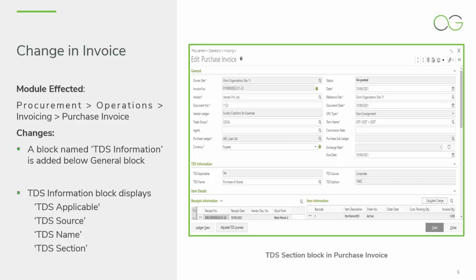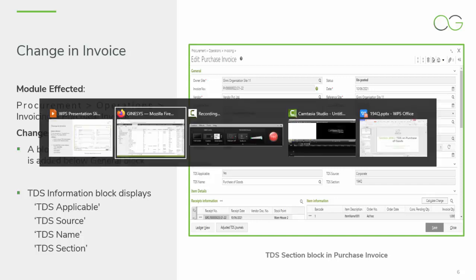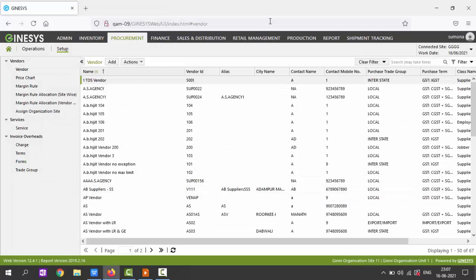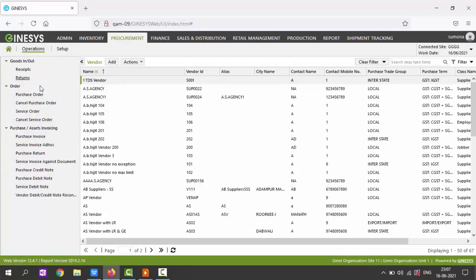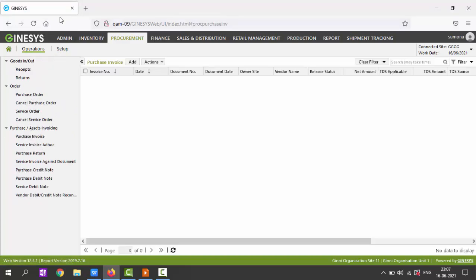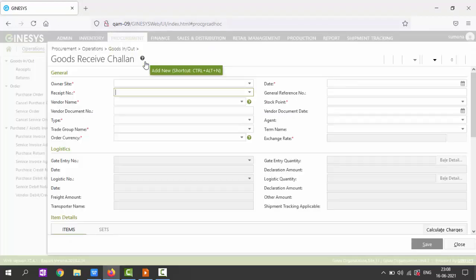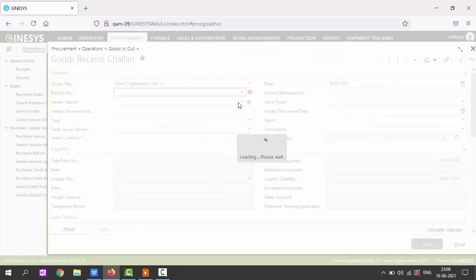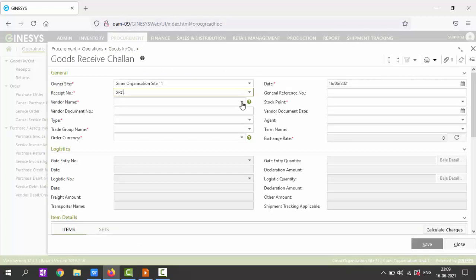Over here in the purchase invoice block, we have added a separate information block for TDS. So let's start with creating a goods receipt challan, that we have made for